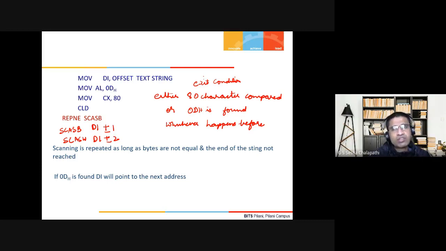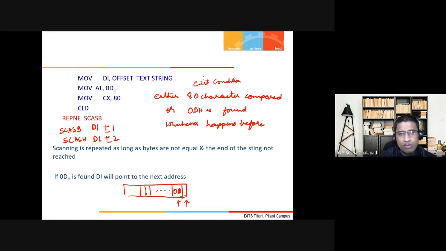There you have to make some adjustment, maybe decrementing. If I want to go to the location where that 0D actually is, you have to decrement again to come back to that location. Let us say I have this particular array, and 0D is here. After comparison, let us say I have found 0D, then it will actually point to the next location.